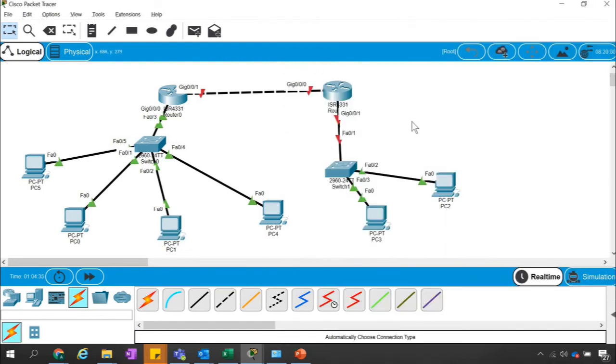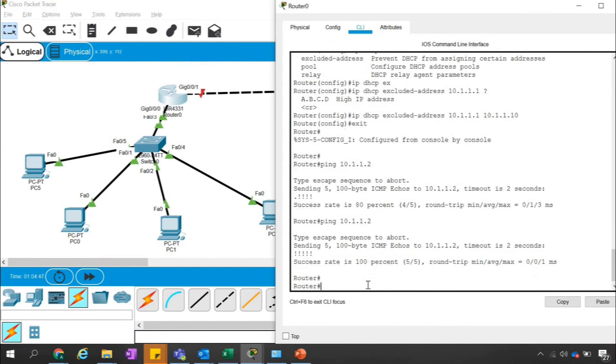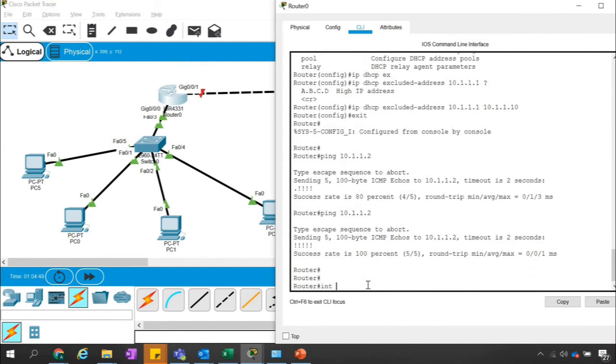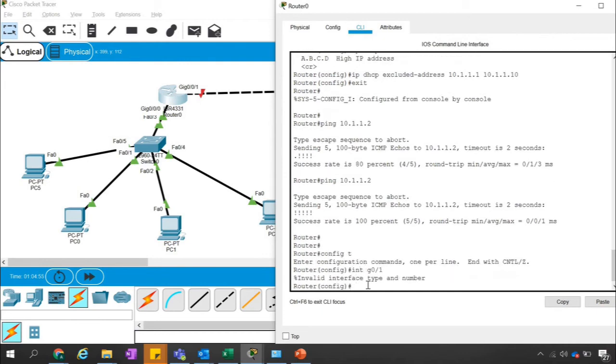What about the computers on this one? Any clue for this? Will these computers get an IP address? Anyone? Guys, any clue?